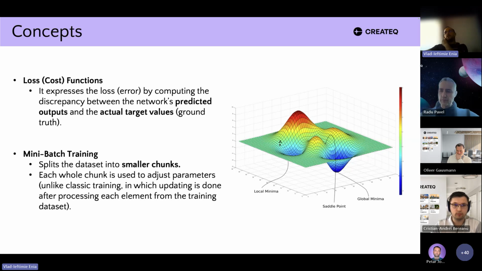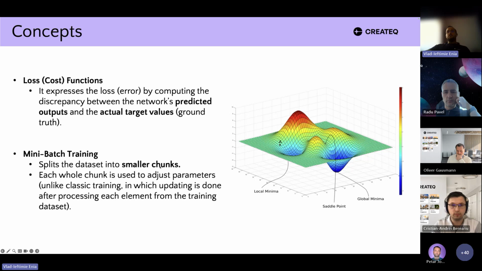When we initialize our weights, we can be in any place on this map, we can be at the top where the error is maximum. And our goal in training the network is to navigate this landscape in order to reach the global minimum where the error is the lowest and the accuracy is maximum.